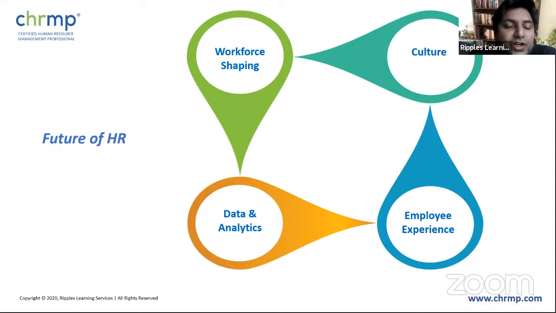workforce shaping. When we talk about culture, then how are you aligning culture with organizational goals, and how are you making it part of your enablement strategy, so that people are then able to align culturally. Diversity, inclusion, a lot of other things. That is something that we are going to talk about in here.